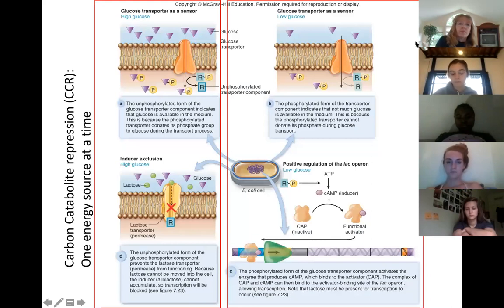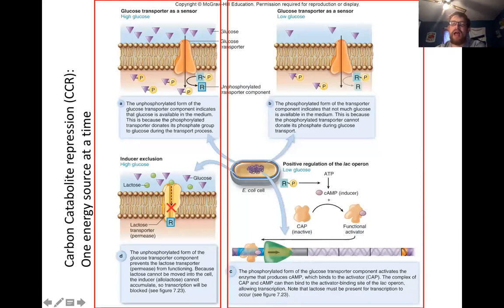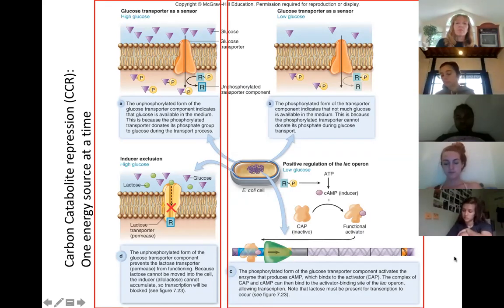So in relationship to the lac operon, one of the things that you hopefully were thinking of, even though I mentioned, hey, glucose is the preferred energy source, what ultimately is preventing multiple energy sources from being utilized at once, right? And so that's where you see carbon catabolite repression, CCR. Where else have you guys heard of CCR?